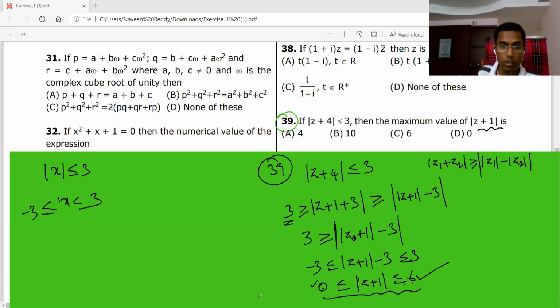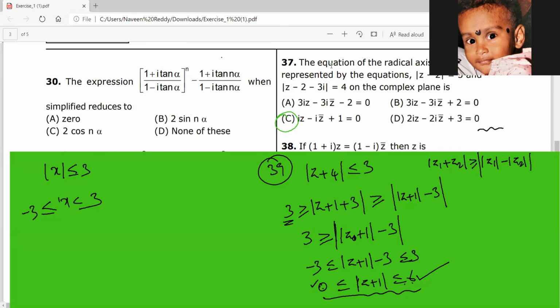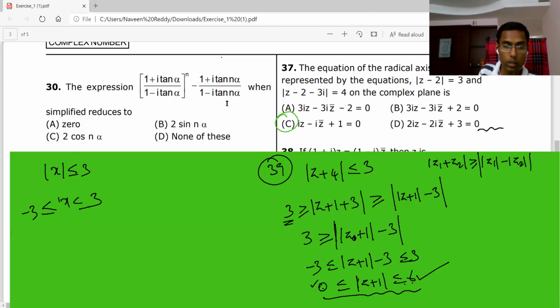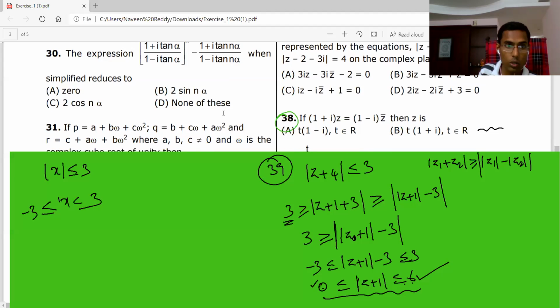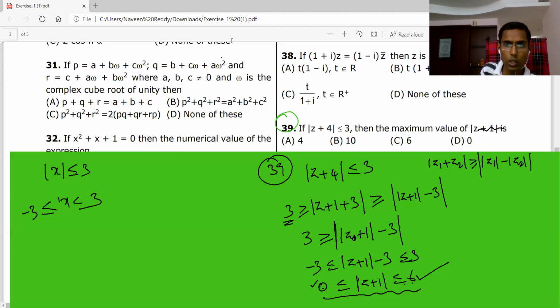Sir, we can also do the 31st problem. Good. Yeah, the 31st problem, we can do that. True, but this 31st problem is based on De Moivre's theorem. We can do it now also, but after De Moivre's theorem it will be more meaningful, more nice actually. You can do it in a very simple way. We'll keep it for De Moivre's theorem.